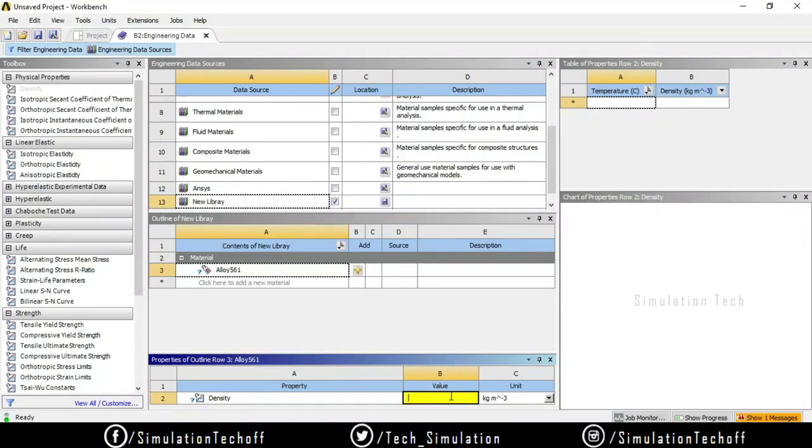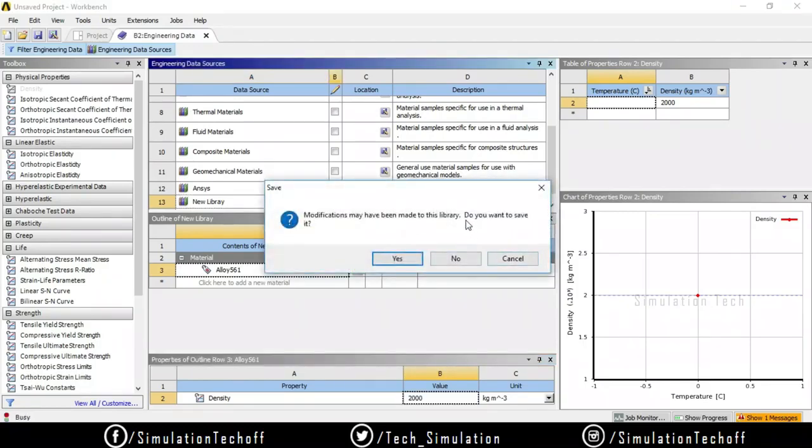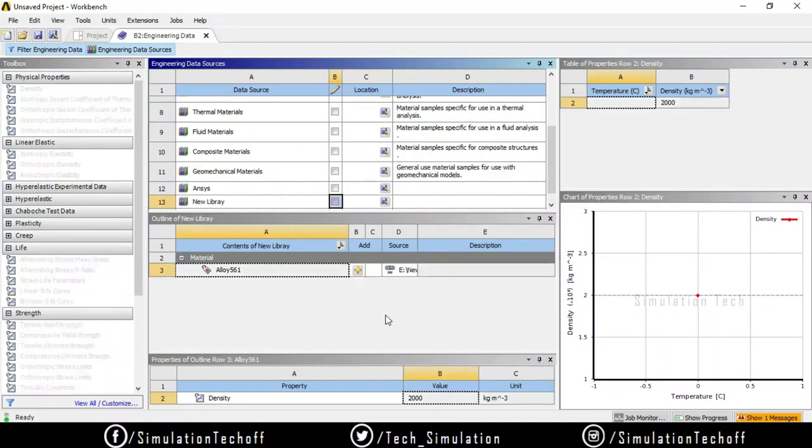So the density is equal to 2000 maybe. Now alloy 561 is created in the new library. So if I uncheck, it asks do you want to save? Yes, I want to save. Now the material is saved in the new library. In the new library we have an alloy 561 material.